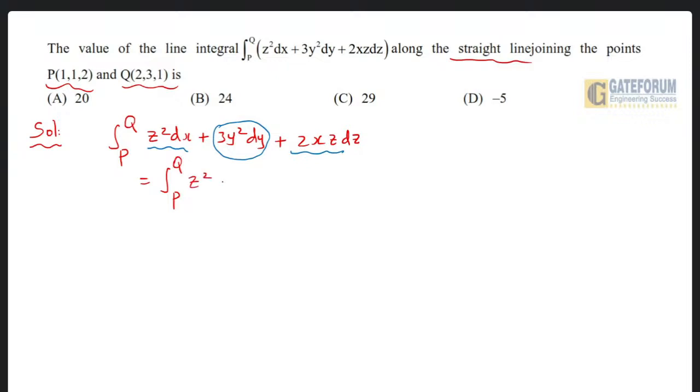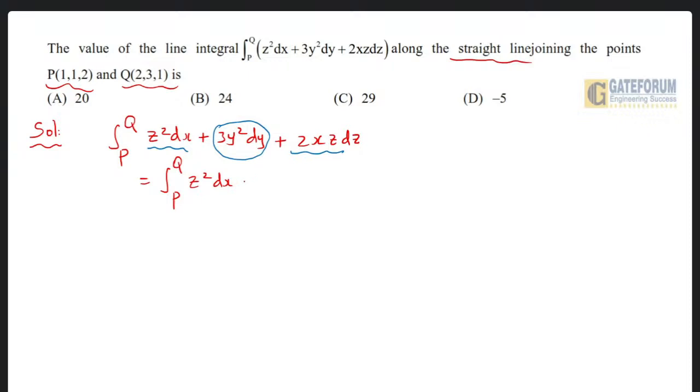z square into derivative of x. dx means derivative of x. There is no pre-multiplying x term. So write it as it is; don't simplify this z square dx. But now I am writing this third term after z square dx, because these are two variables, z and x